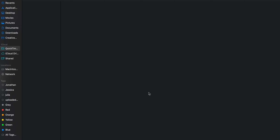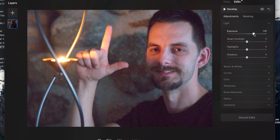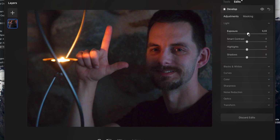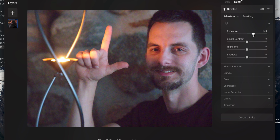All I did was increase the exposure for all of these in Luminar, and you can see I see a bigger difference with the long exposures, now that I'm looking at it closer, with noise reduction versus no noise reduction than I see in the high ISO noise reduction. Now granted, I did high ISO way up at